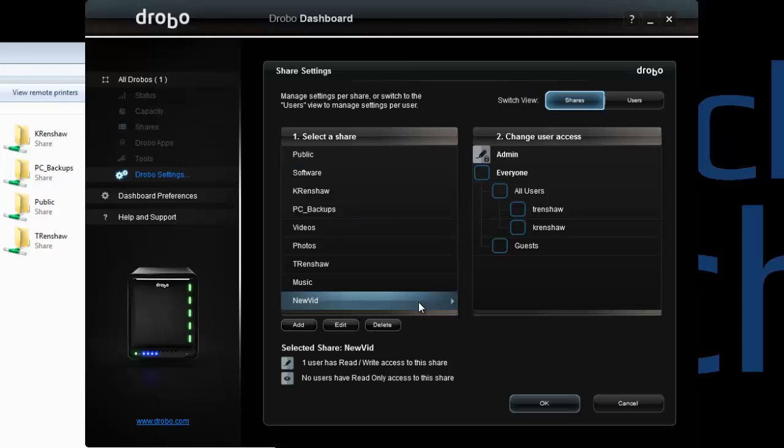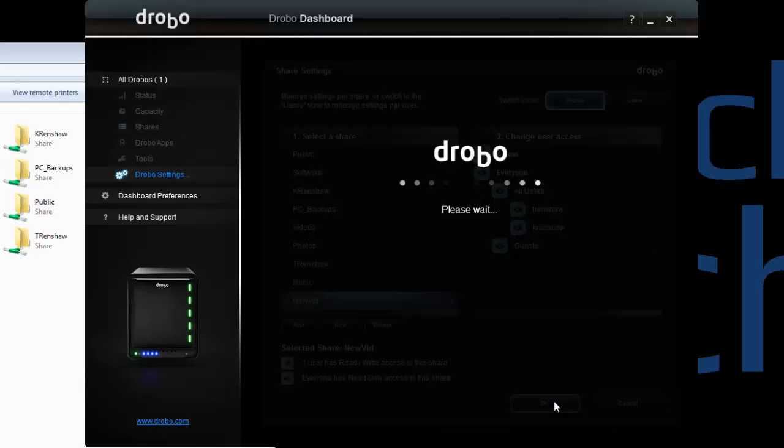So who has access? Do you want everyone on the network to have read and write access, or do you want only people to have read while some others have read and write? And you can control that by search by user. I won't get too much into depth right now, but right now you can see that everyone has read-only access to this share. And I'm going to say OK, and we should see new vid